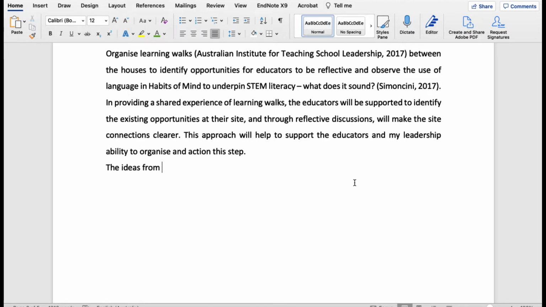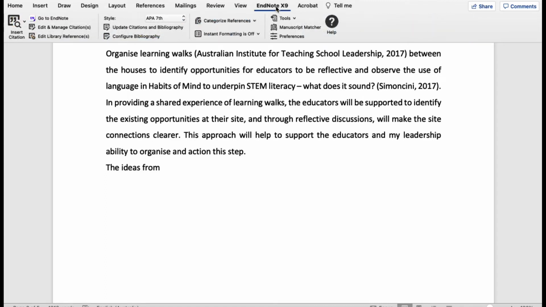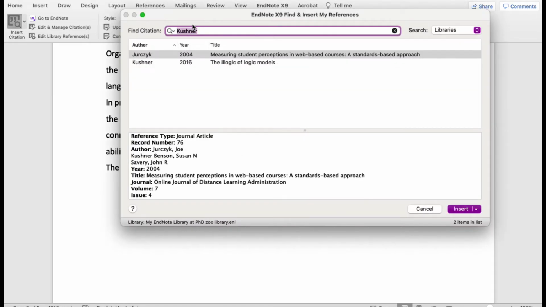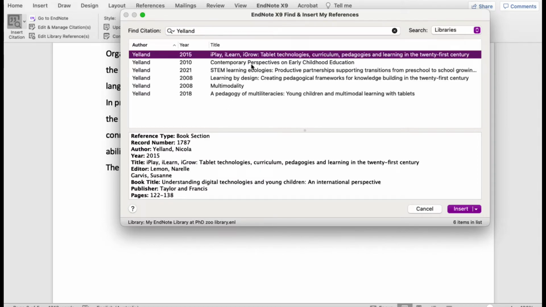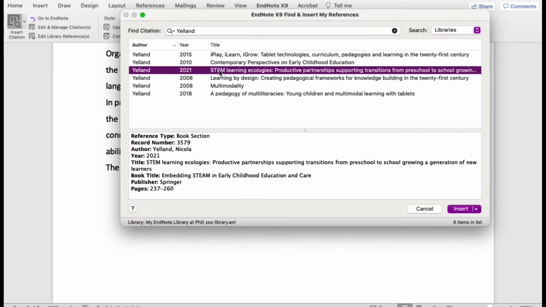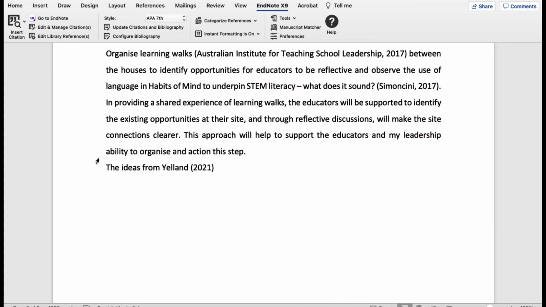I previously had. So I'm going to use a Cite While You Write toolbar up here in Word. Now you installed this after you've had Endnote, and it will enable me to add a citation and to search for the article that I previously had in my list. Now I have quite a few from this particular author, but this is the one I want. And I can insert this in brackets, which is the default setting, or I can insert it and display the author's name and the year will appear in brackets, which is the option I would like because I am using